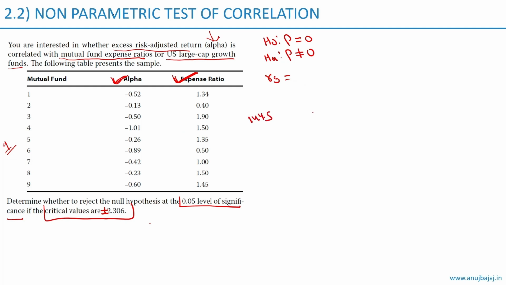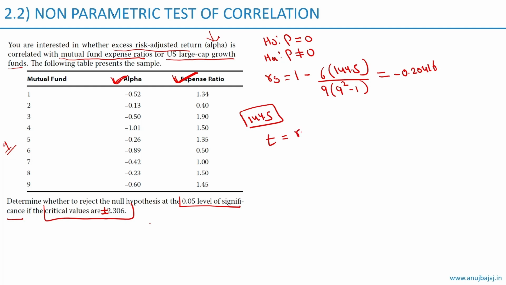144.5. So the Spearman rank correlation coefficient equals 1 minus 6 multiplied by the sum of difference squared, which is 144.5, divided by the sample size of 9 multiplied by sample size squared minus 1. So the Spearman rank correlation coefficient is negative 0.20416 and the t-stat equals the Spearman rank correlation coefficient multiplied by root of n minus 2, divided by root of 1 minus r squared. So the t-stat comes out to be negative